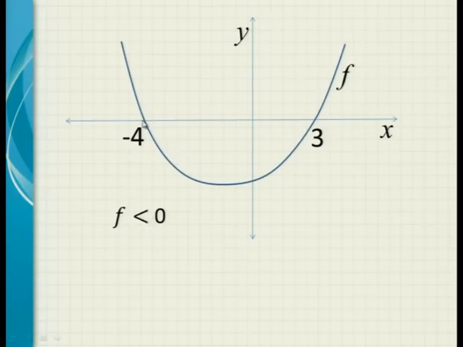Where will f be less than 0? It should be easy for you to say, oh, it's below the x-axis. That's where the y values, remember the yellow box, the y. I just don't write yellow, I just write y. The yellow box values are below the line. It's between -4 and 3. So x is between -4 and 3. x is greater than -4, less than 3. That area there, f will be less than 0.